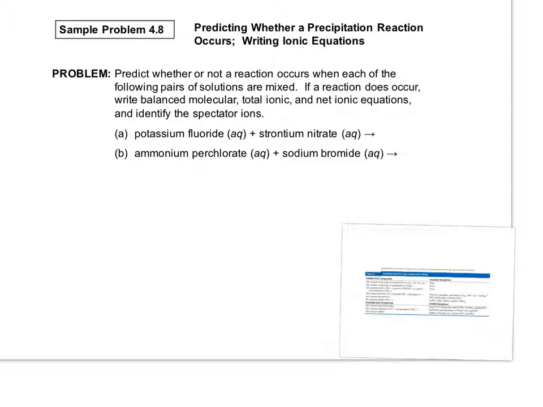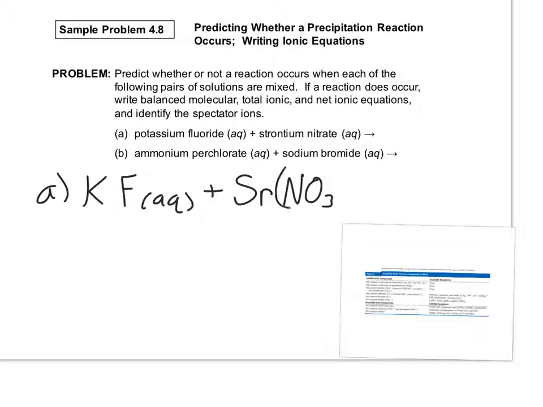The first step is to convert those names into chemical formulas. Potassium fluoride is going to be KF, because potassium from the periodic table has a +1 charge. Fluoride has a -1, so I just need one of each of those. That's going to be (aq) plus strontium nitrate. Strontium is Sr with a 2+ charge. Nitrate is NO3 with a -1 charge, which means I'm going to have two of those to counteract the